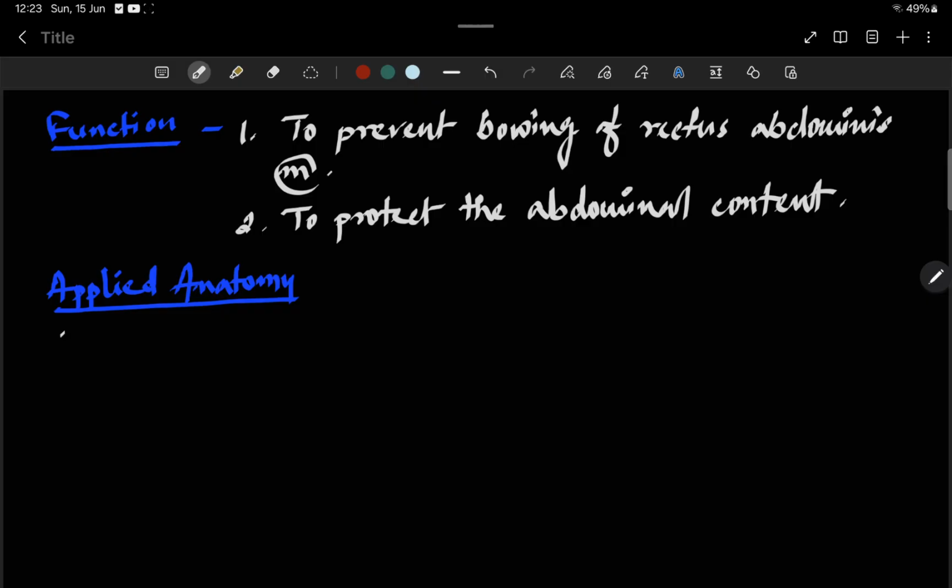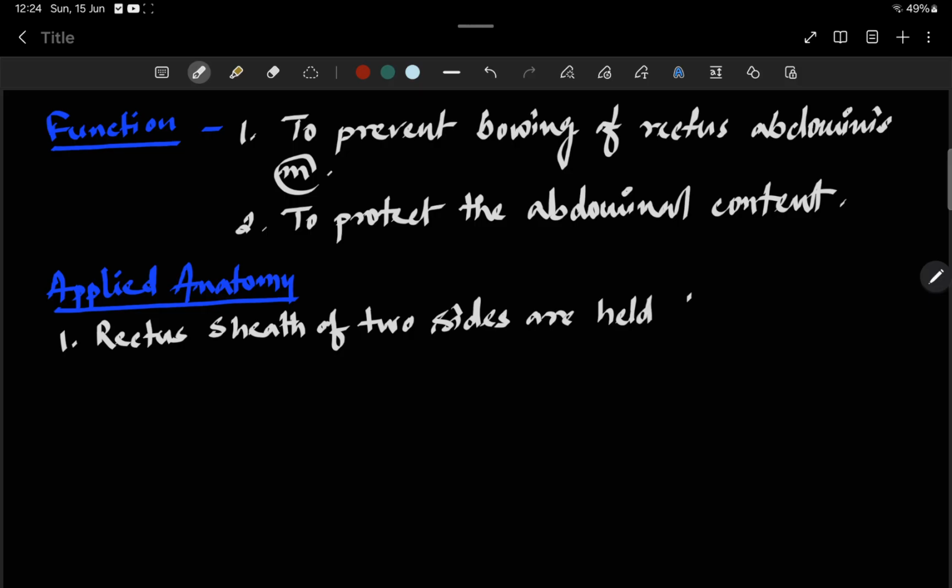Okay, so first applied anatomy is the rectus sheath of two sides, means right and left side of rectus sheath are held together by a median raphe,